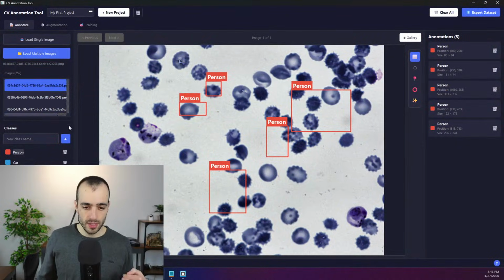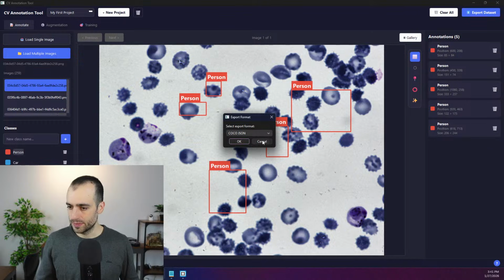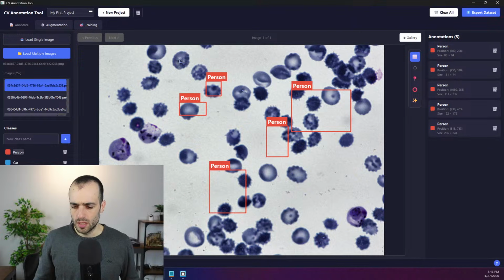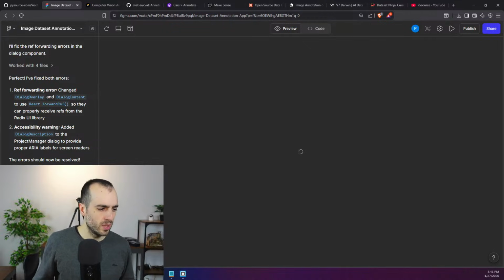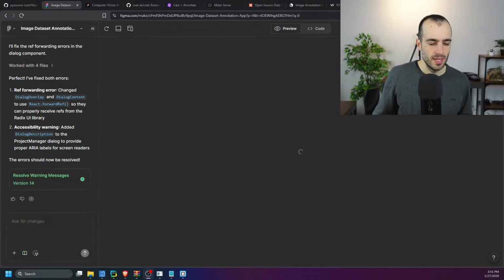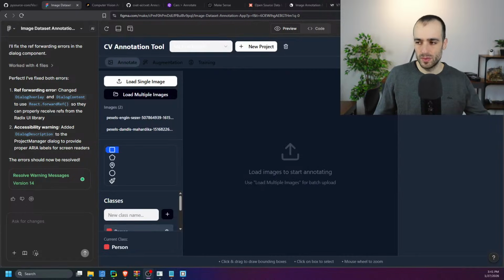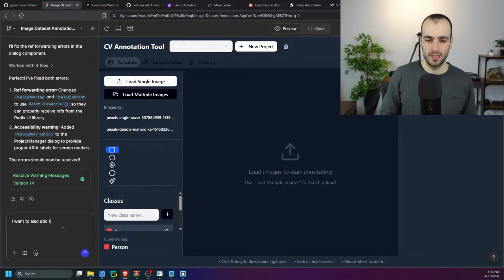Now, since we are exporting the dataset, we also need a way to import the dataset, because I don't see anything here to import the dataset. Before playing around with the user experience, I want to use Figma. Again, each time I open the window, it reloads it again. So I want to use Figma to get some ideas. Since Figma has a lot of data about design, it might know the best practices to make this with a good user experience. So I will ask here, I want to also add the option